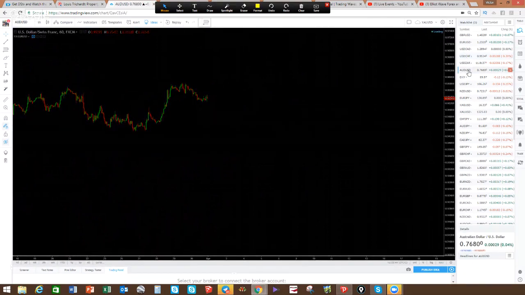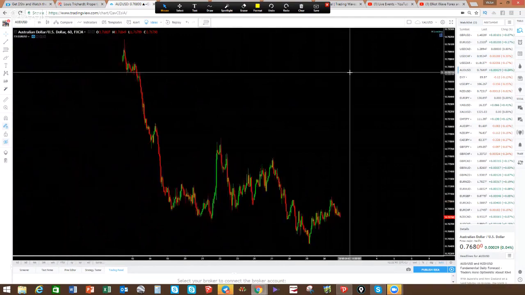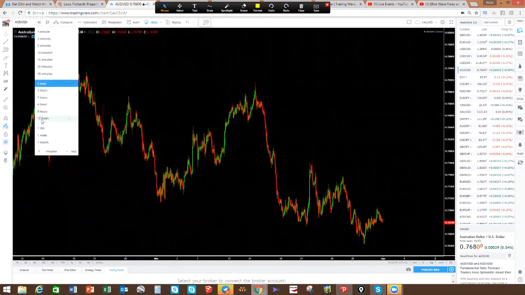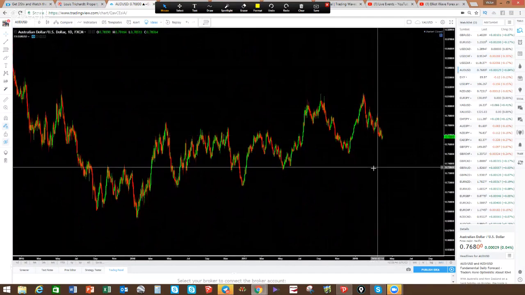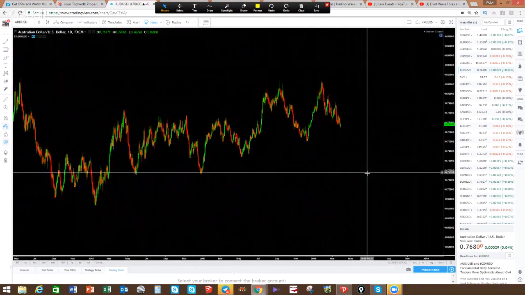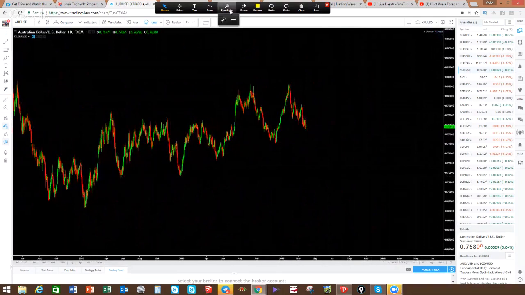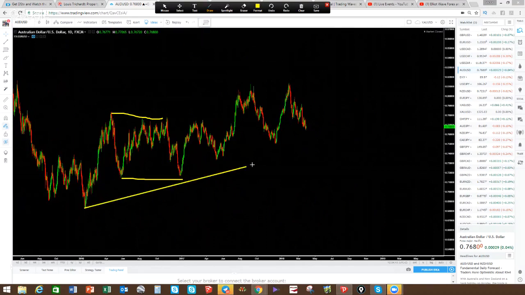All right, let's look at AUD US dollar. AUD US dollar is looking very interesting. Let me show you on the daily first before we go to the lower time frame. It's looking very interesting. So here's another structure. So when we look at this structure, because we've got trained eyes, you can see that we've got this impulsive move here and a correction there. We've got a 3-wave structure there, and it looks like we're making another 3-wave structure. And all this is making